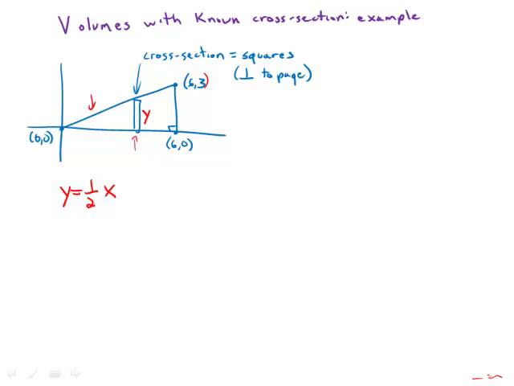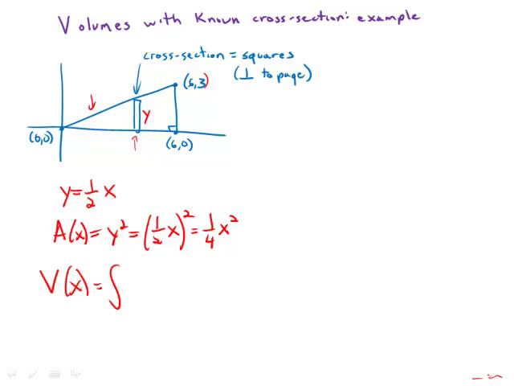And that y is the side of the square. And so the area of the square would just be y squared. And putting this in terms of x, that would be (1/2 x) squared, or 1/4 x squared. Well, that's A(x), which is very easy to find. Now the volume is just the integral of that A(x), the integral from a to b of